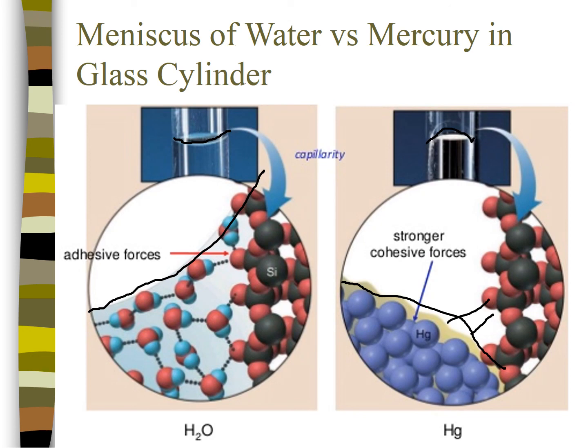Now, if we showed a third picture, this time with water again, but not in a glass cylinder, but in a plastic cylinder, you'd see that the meniscus there is almost flat. And the reason it's almost flat is because the plastic is made up of a carbon-hydrogen surface. There's no strong attractive forces between the water and the plastic. So therefore the water is not adhesively attracted to the plastic surface.